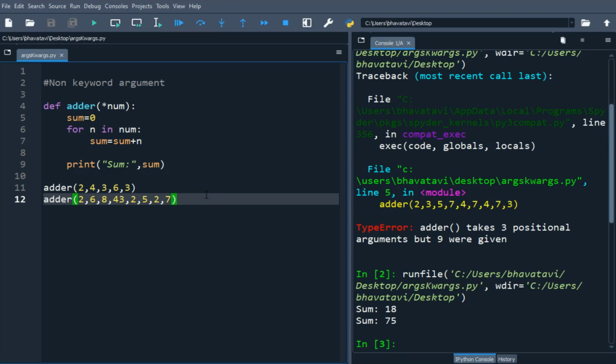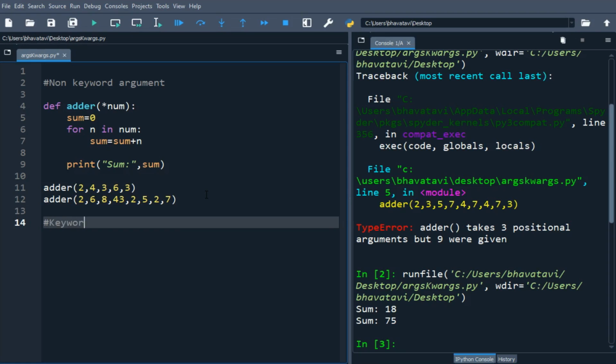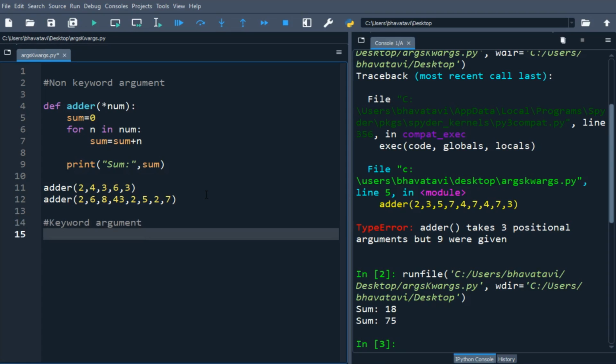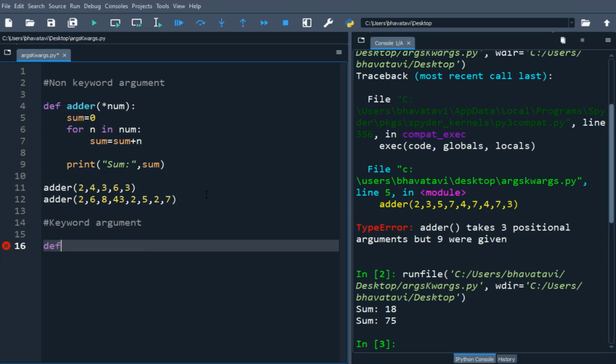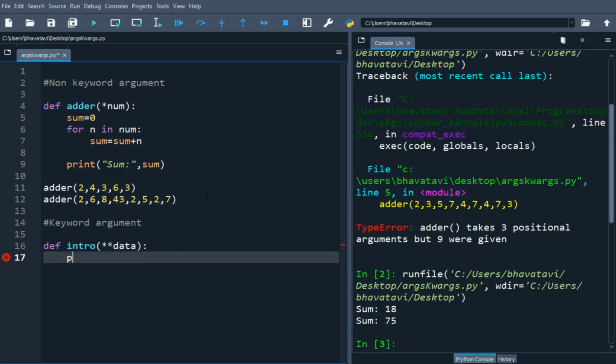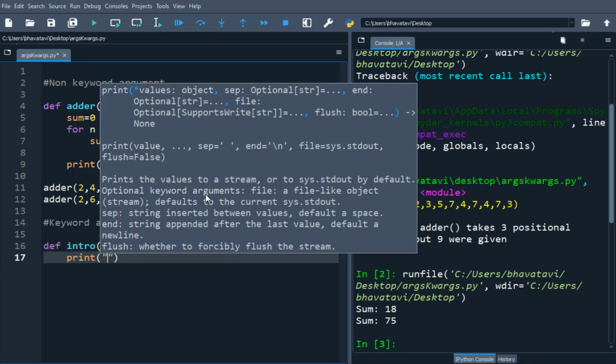So now we will take the example of multiple keyword arguments. Like the above example, we will just put double star in this intro, and then double star data, and then we'll print the data type of the argument.